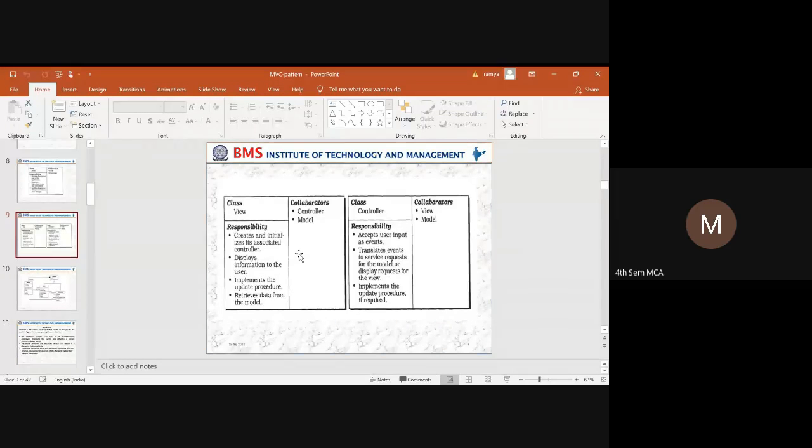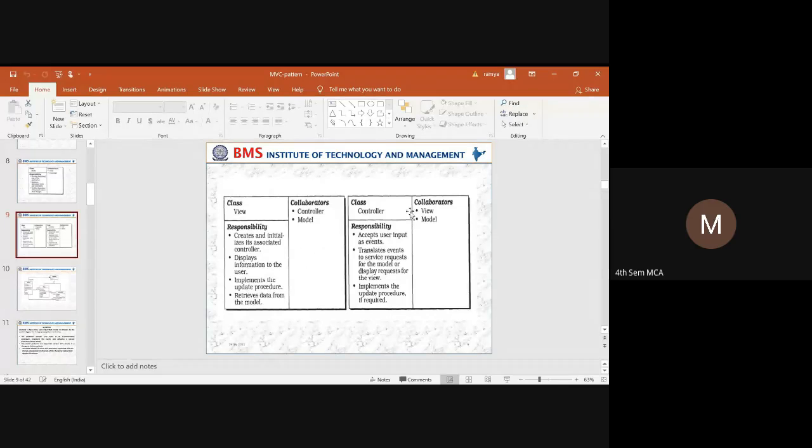That means whatever updating functionality has been implemented in a model, whatever changes are going to happen in the model, those changes will be reflected immediately in the view. Next is retrieving the data from the model. Whatever data has been stored in the model will be retrieved by the view with the help of a controller.